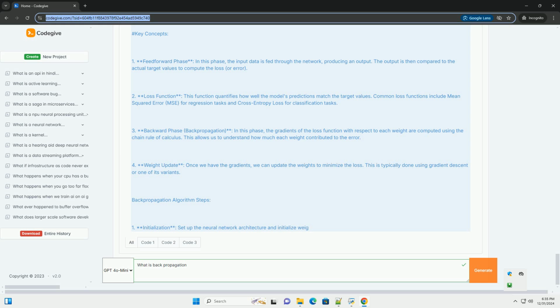def train(self, x, y, epochs=10000): for epoch in range(epochs): self.feed_forward(x), self.backpropagation(x, y). Example usage. if __name__ == "__main__":